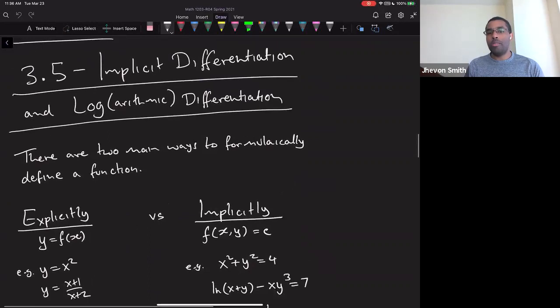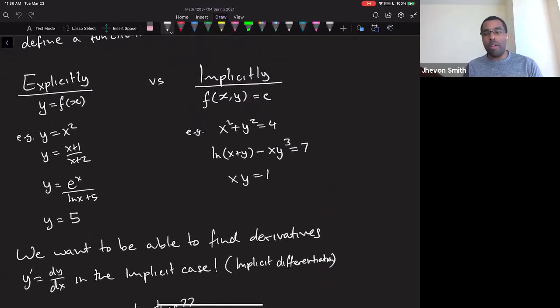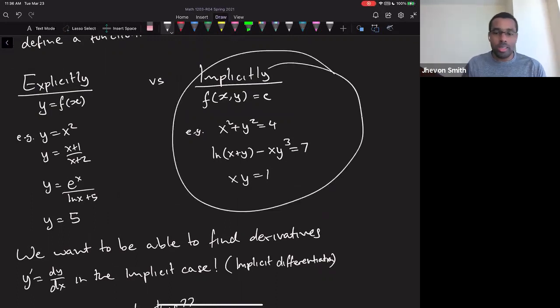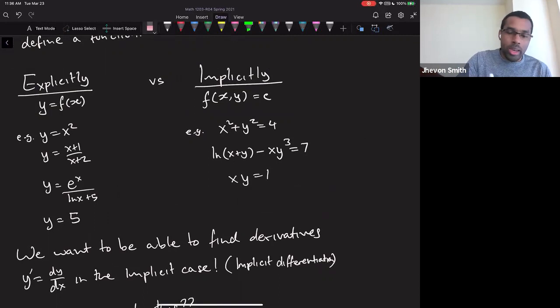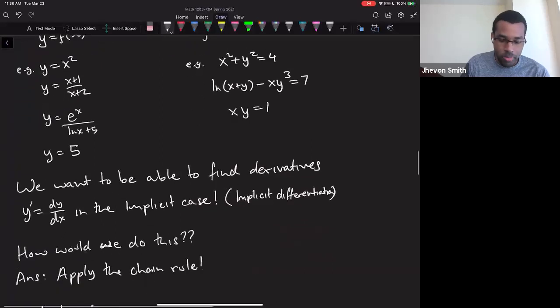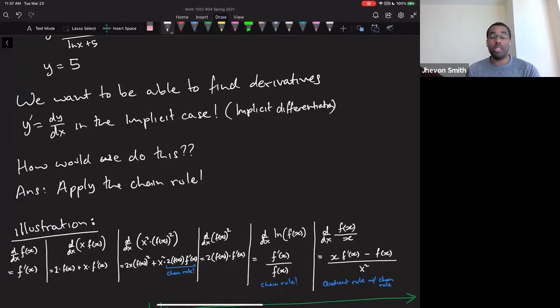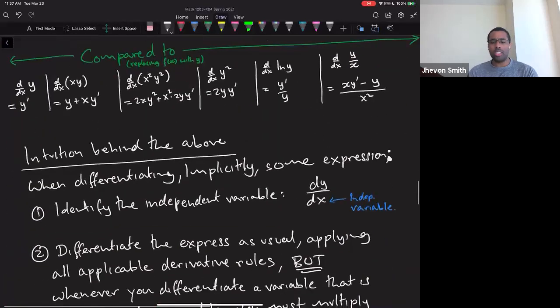Then we started talking about implicit differentiation because sometimes we have functions that are implicitly defined, which means they look like this, where your y value, your output variable, isn't isolated. It's not explicitly out in the open. It's kind of mixed up with the input variables. And sometimes functions can come to us in that way for whatever reason, but we still want to be able to do calculus with it. We still want to be able to do things like find the derivative and find how fast something is changing. So we have to talk about something called implicit differentiation, which allows us to find derivatives in the